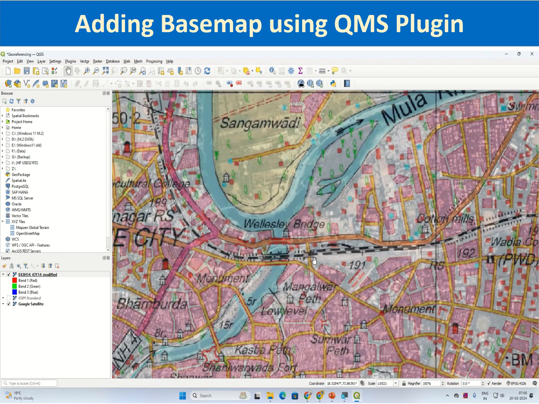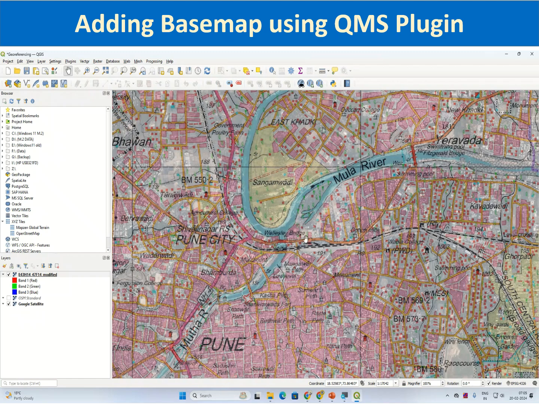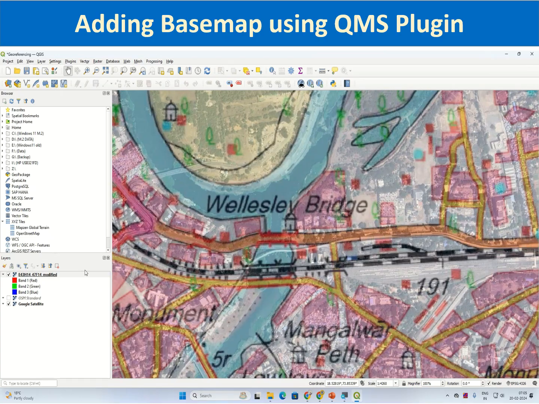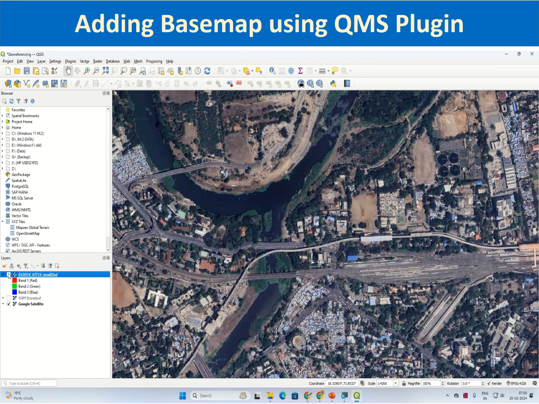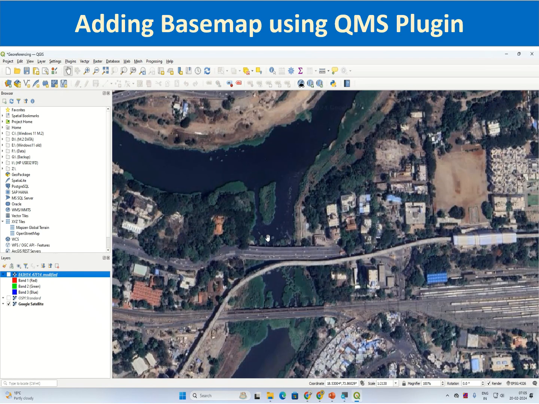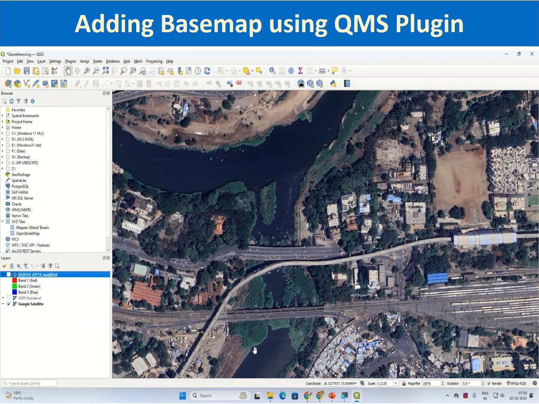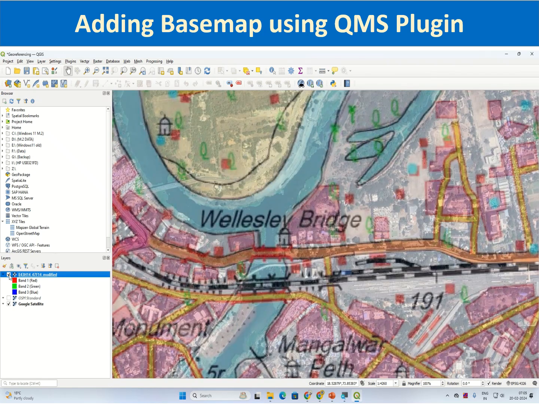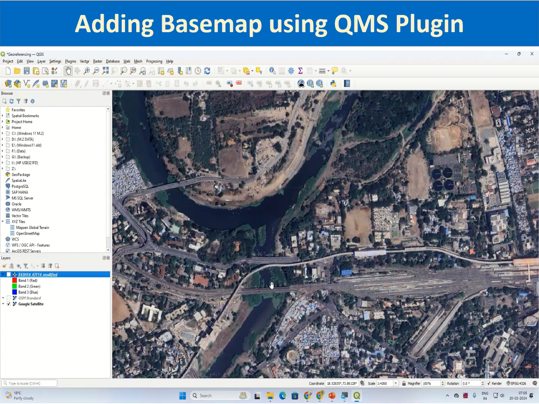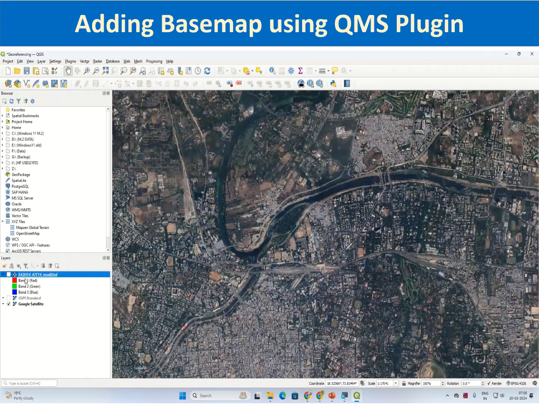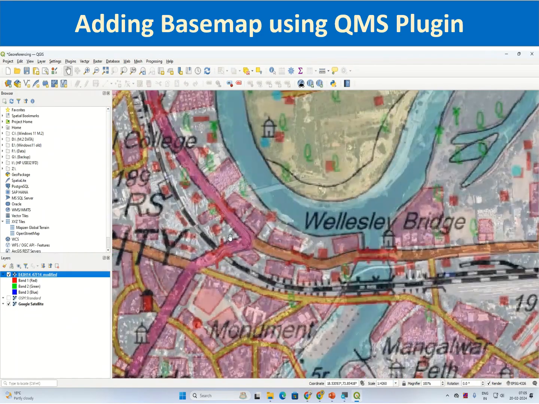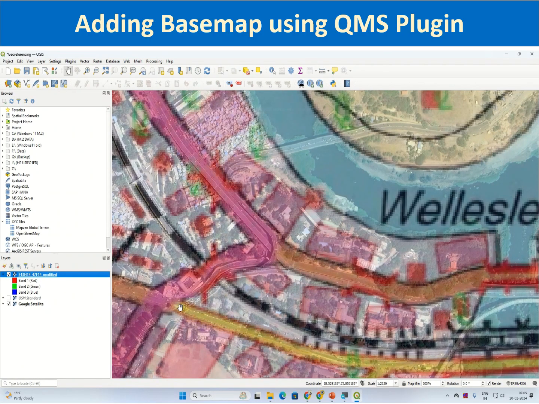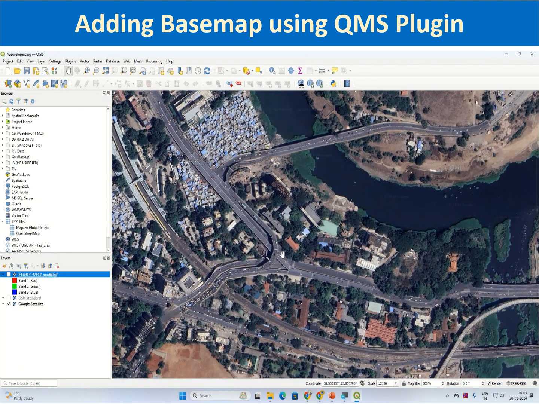You can check, for example, this confluence point of Mota and Mola rivers on your georeferenced layer. You can check the base map satellite layer. You can see this is the confluence point as it is. So the georeferencing has more or less come out to be accurate. Then let us check some other points like this intersection of these arterial roads. You can also check